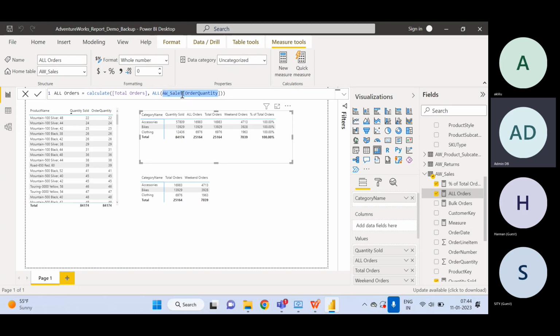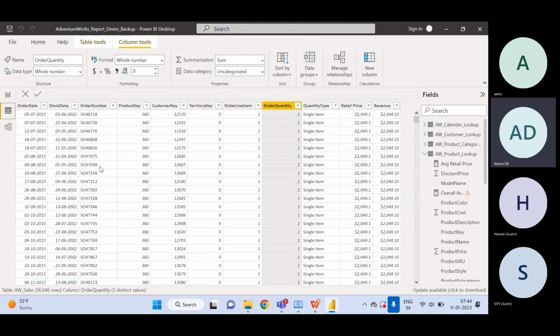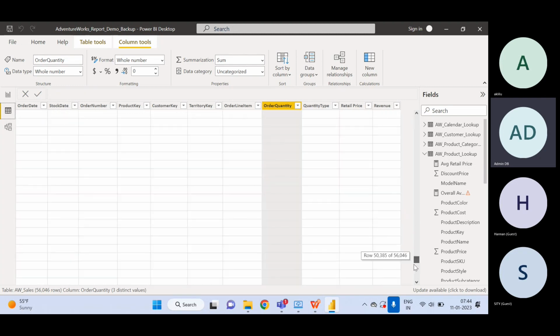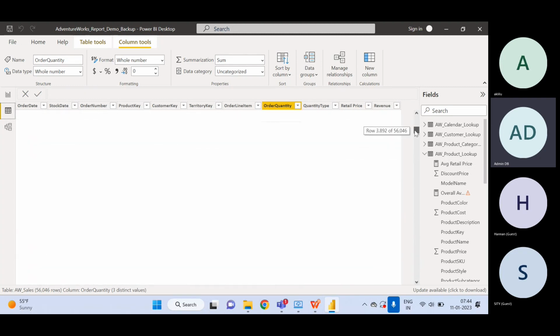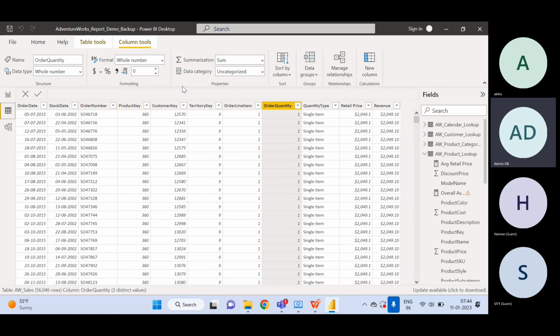So if we put the table under ALL, it will look into the entire table. Let's say this is the table. For each of the rows, it will count how many total rows we have. So it will look into each column and see that for the entire table we have